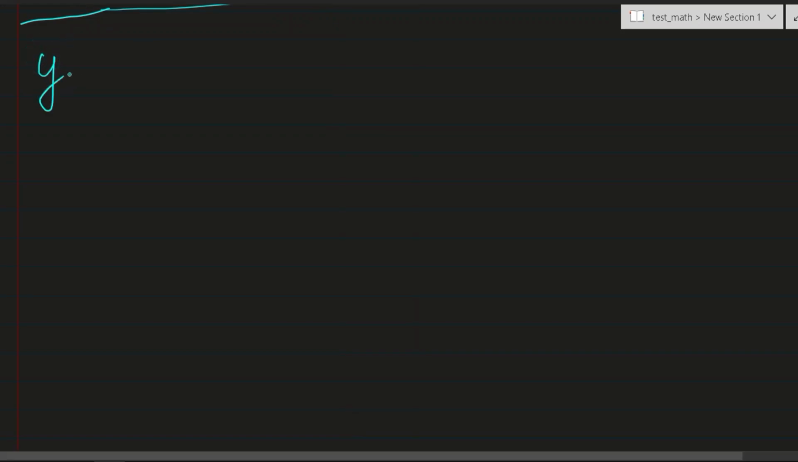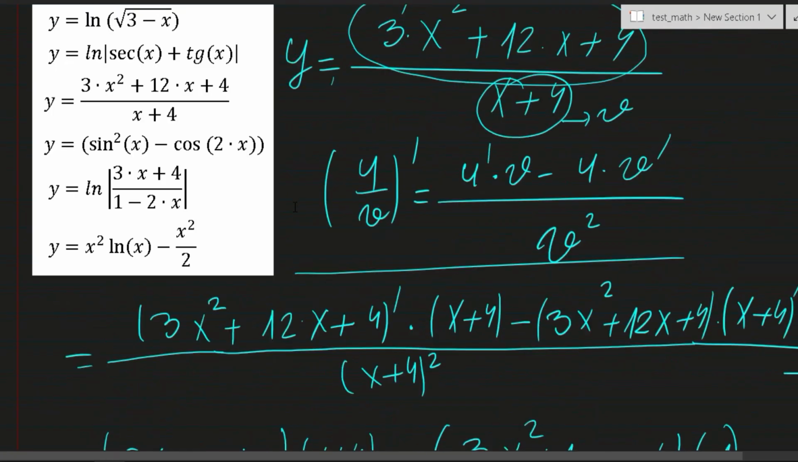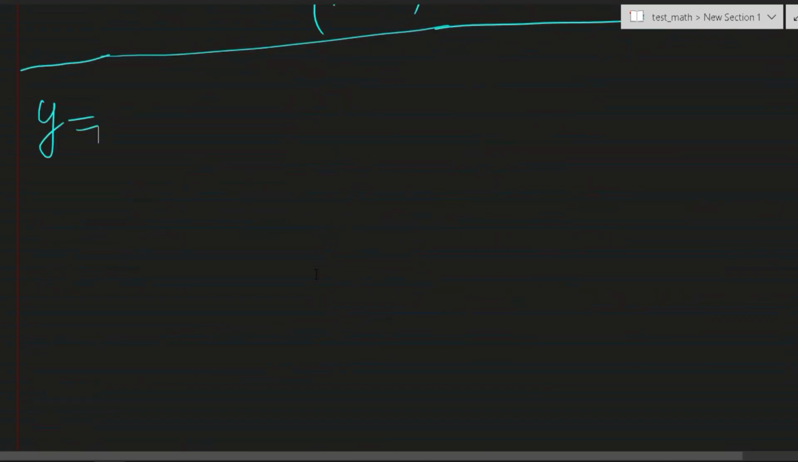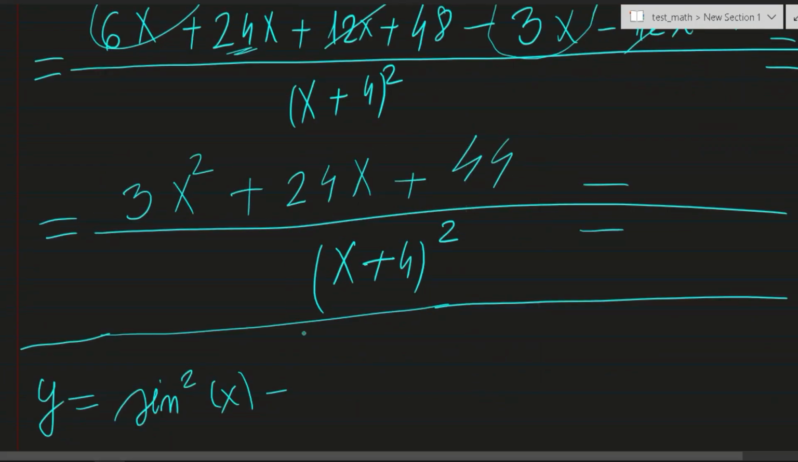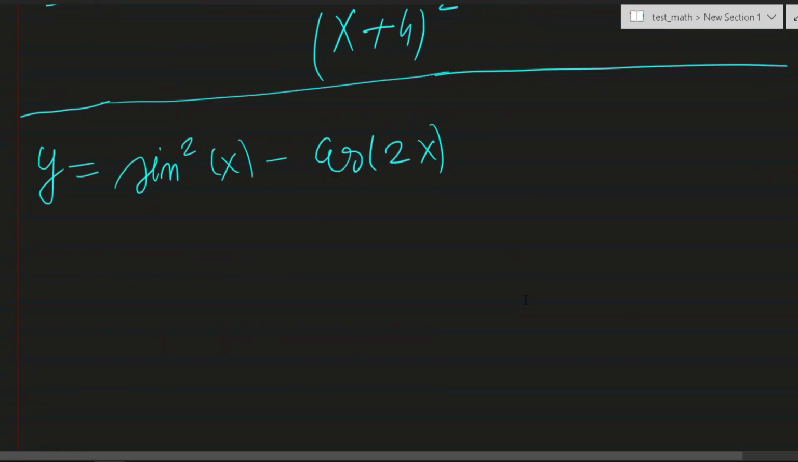It is y. What was? It was sine squared x minus cosine 2x. Minus cosine 2x. Now